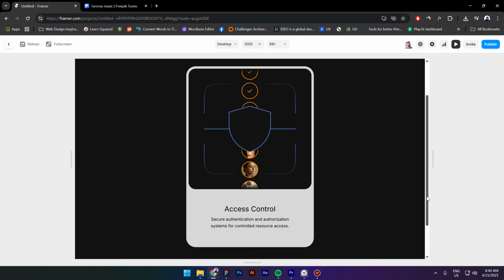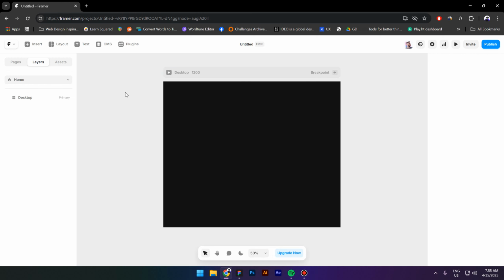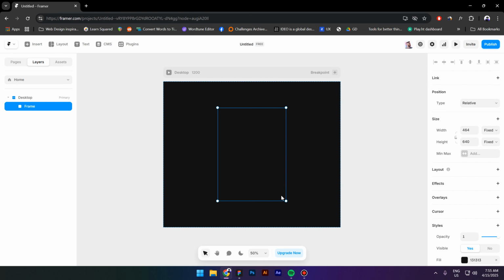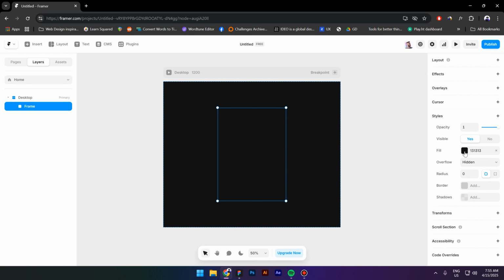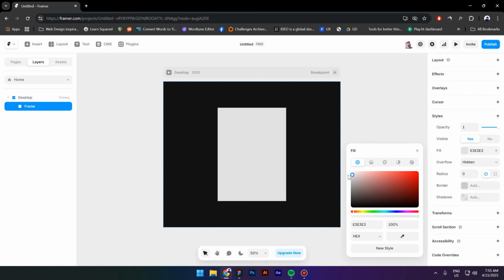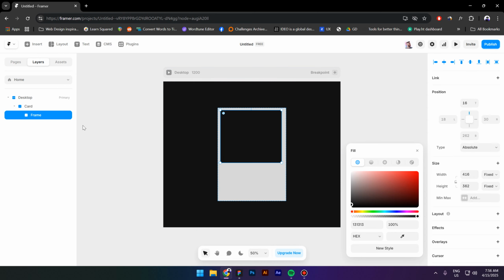Hi everyone, I'm Costa, and in this video I'm gonna show you how to animate this card inside Framer. So first let's create a frame, something like this. Now let's change the color to a lighter gray and let's call this frame card. Now I will create another frame inside the card and I will name it animation,